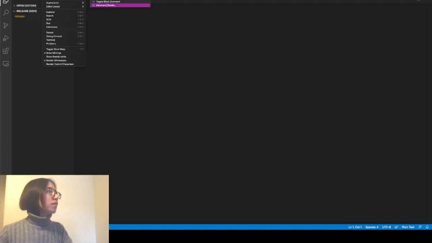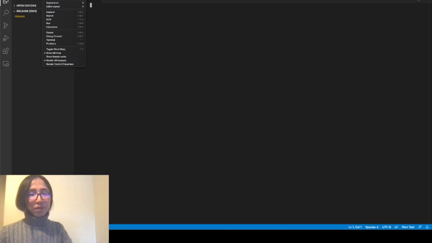You can find that in Help, and it says it's in View, Command Palette, and it says Shift-Command-P. On Windows or Linux, it should be Control-Shift-P. So we are just going to do Command-Shift-P,